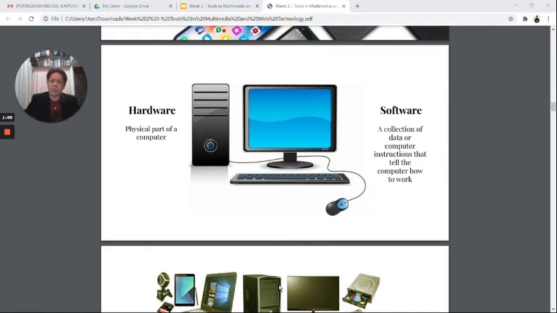So now we move into a more detailed discussion on what a computer is all about. Basically, a computer must have hardware and software. Without these two components, computer is useless. It doesn't have a meaning at all. Basically, hardware is the physical part of the computer, and software is the soft part of the